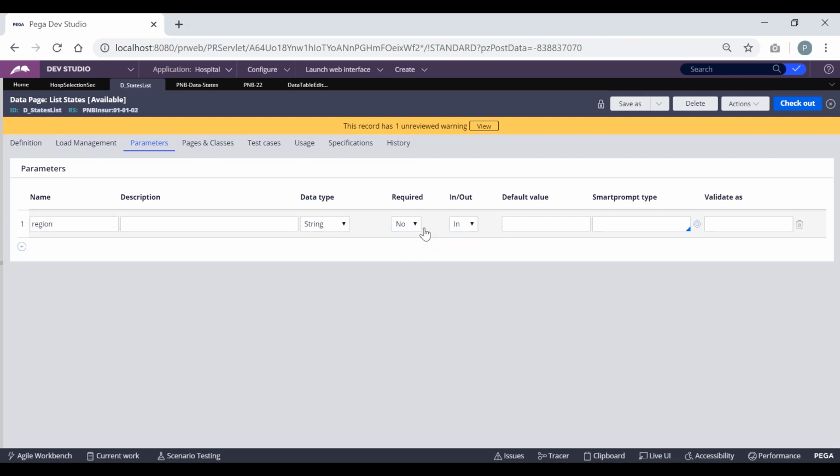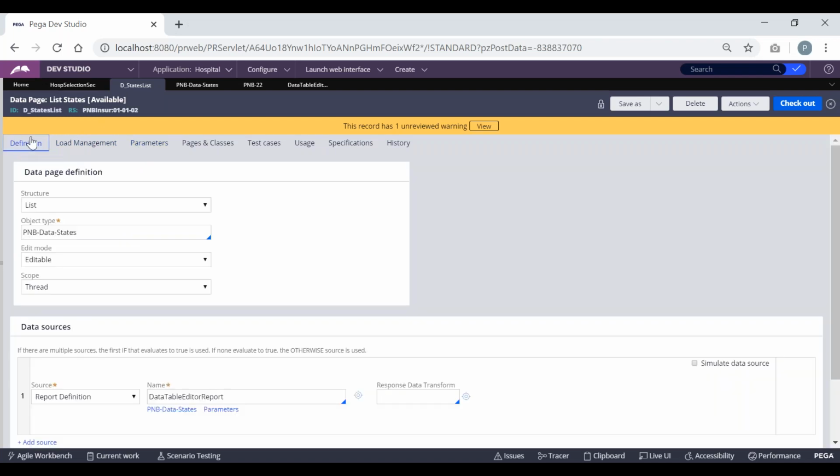You will not be getting any exceptions. Although you will not be getting the data, you will not be getting the error messages. You can mark this as required also if you want. That's up to you. In this case, it should be required only, else you will not be getting the output. So the first thing I'm trying to do is define one parameter to this data page, and go to the definition.